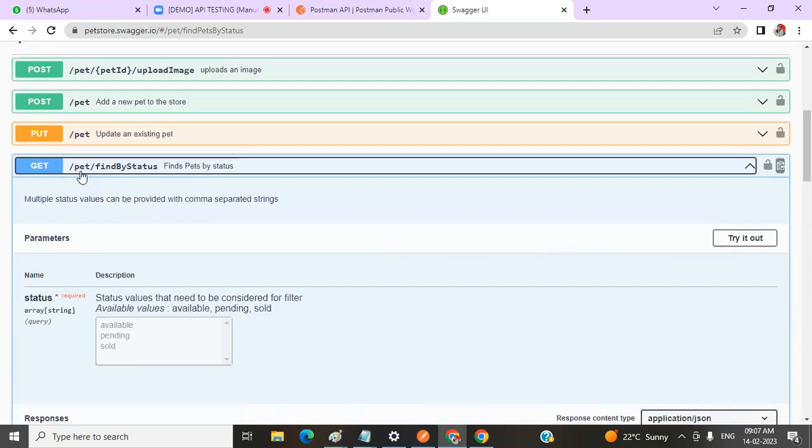Okay, so here, what is this slash pet and find by status? What is this? Resource path. Okay, which is resource path? Okay, fine. Wait, guys. So, whenever you are extending this,